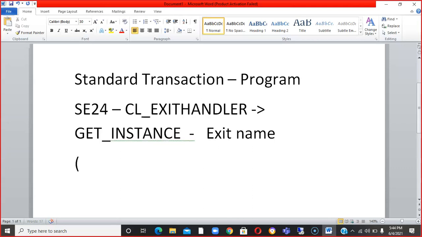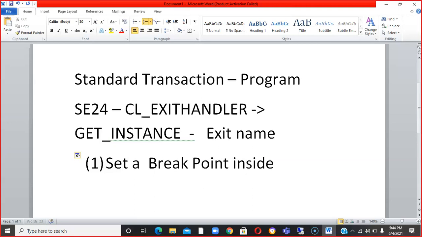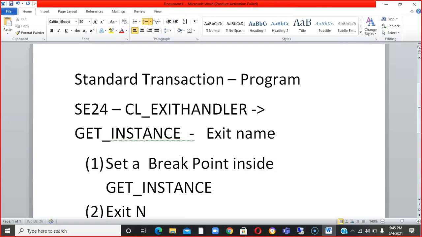What is the simple step that we are going to do? We are going to set a breakpoint inside that GET_INSTANCE method, on a function module, and we will get all the exit names or enhancement names.